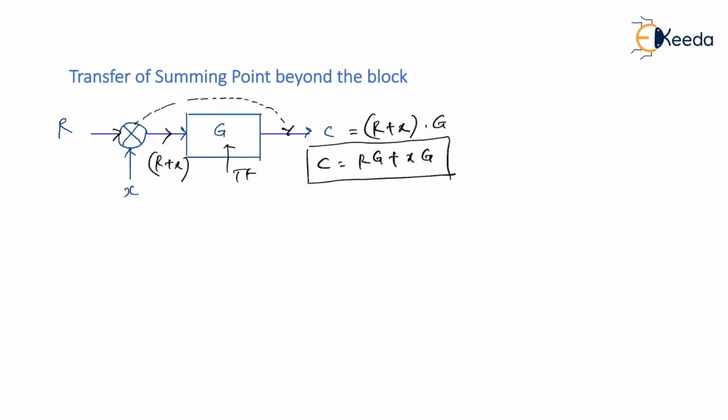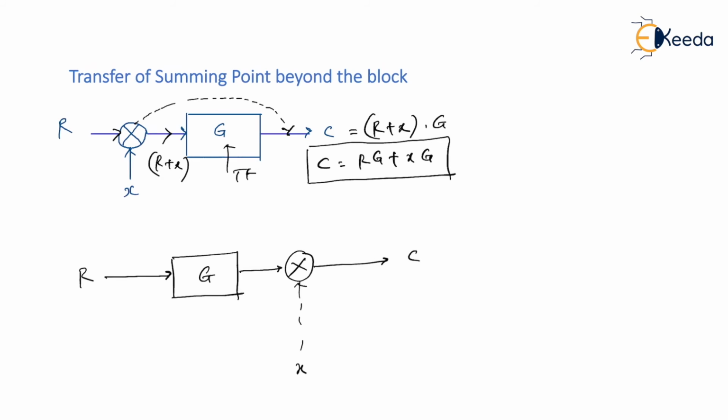Am I right? And after transfer, let us see, the diagram will look like this. Since I have shifted my summing point to the right, you cannot see the summing point here. Now you must see your summing point here. This is output C, and this input was X, right? Let us see, if I do the shift as it is, whether my output remains the same or not. By observation you must have figured out that the output will not be the same.